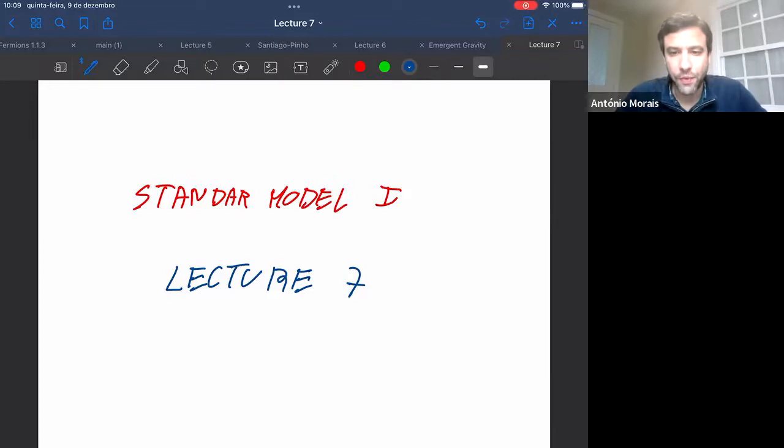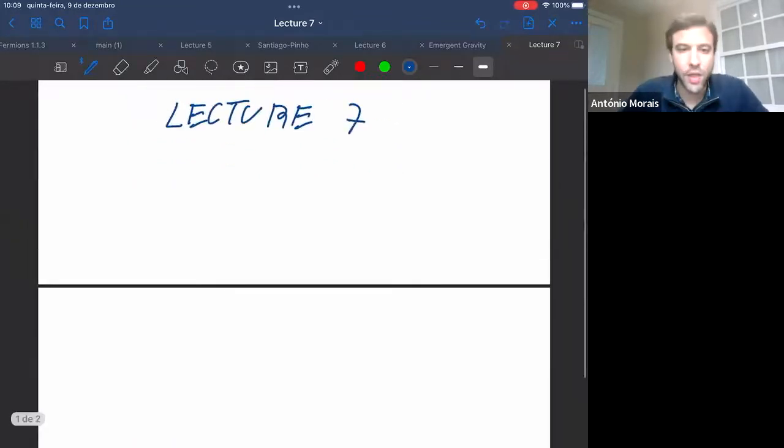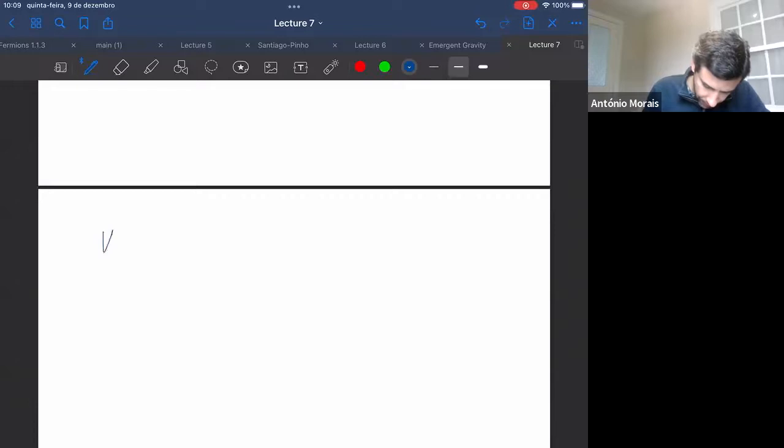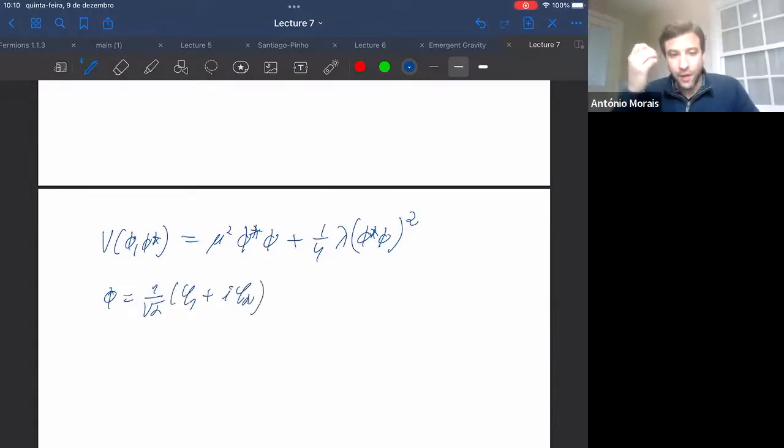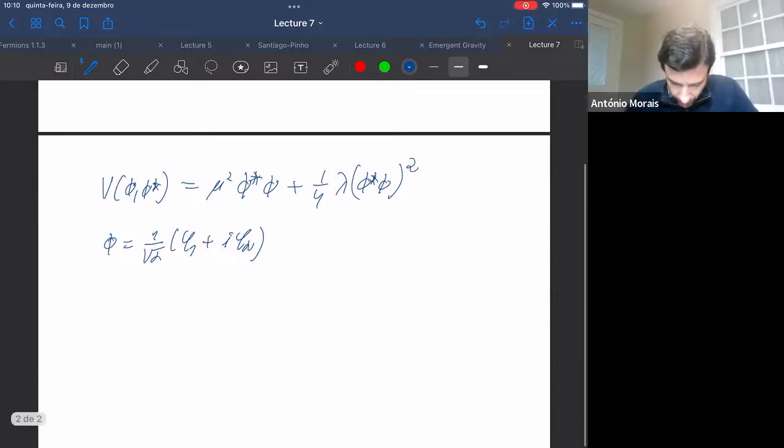Right. Okay. So first, where were we in the previous lecture? If you recall, we started with a potential that I will write down here again. A potential V(phi*, phi), and this potential is given by a quadratic term mu squared phi* phi plus 1/4 lambda (phi* phi) squared. And if our field phi is expanded as 1/√2 (phi 1 plus i phi 2), we have verified that in a certain configuration of the minimum,